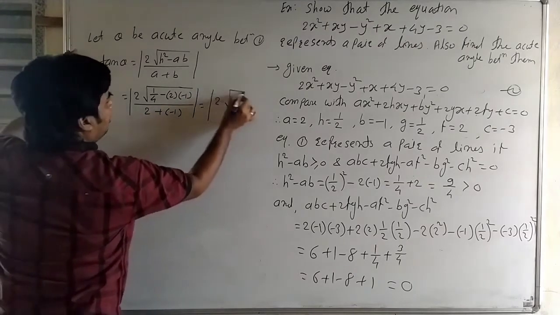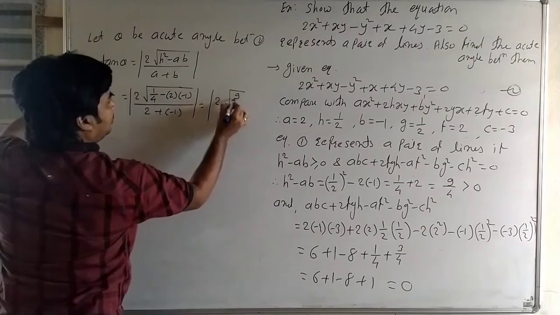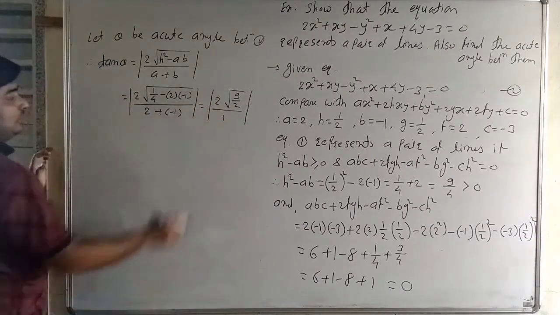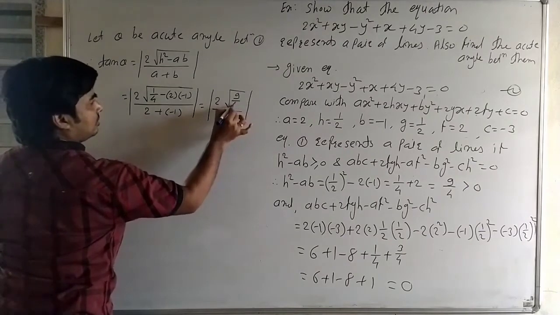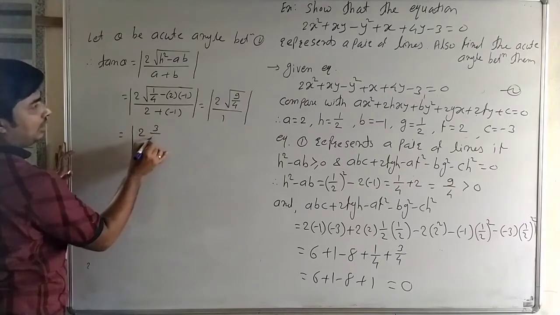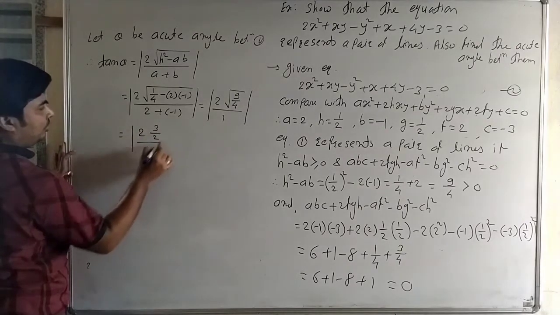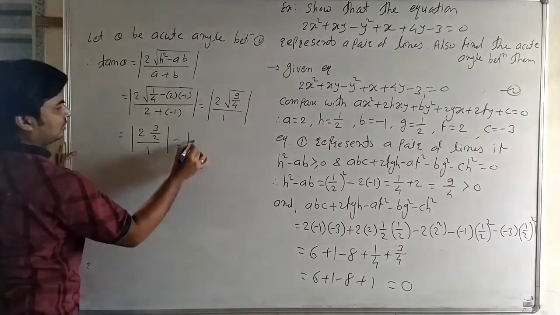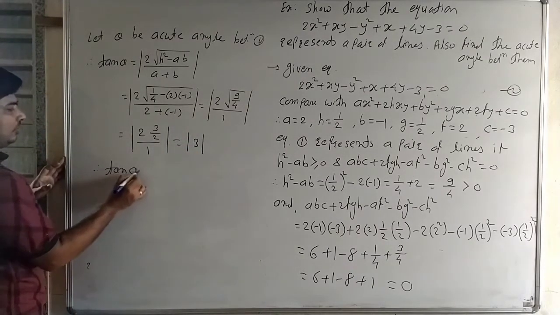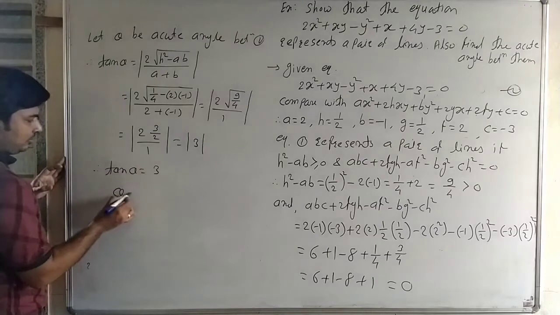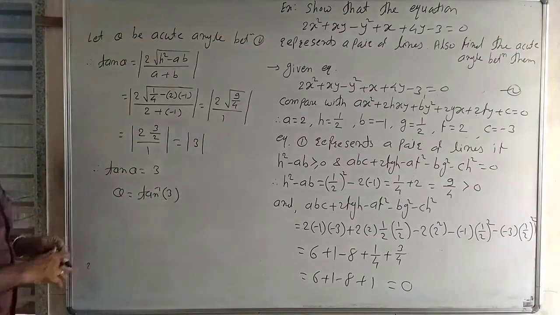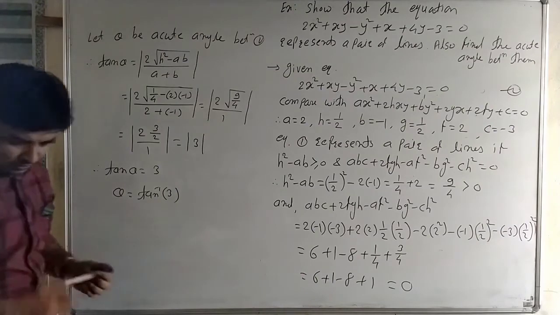2 into under root of, it is 9 by 2 upon 1, 9 by 4, yes it is, and therefore it is 2 into 3 by 2 upon 1, it is 3, and therefore tan theta is equal to 3, and theta is equal to tan inverse of 3. Okay. Yeah. Now next,